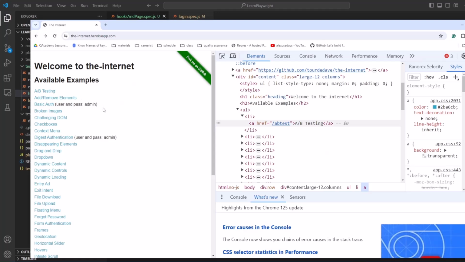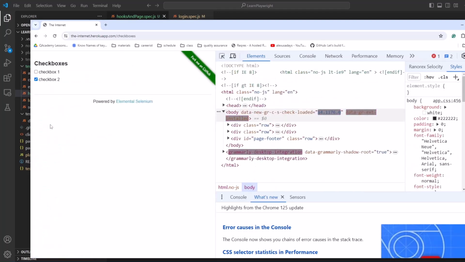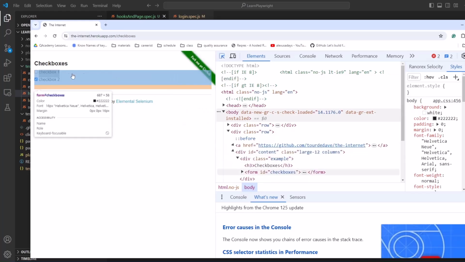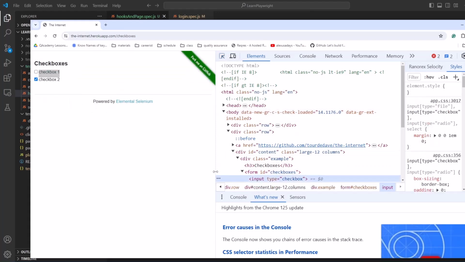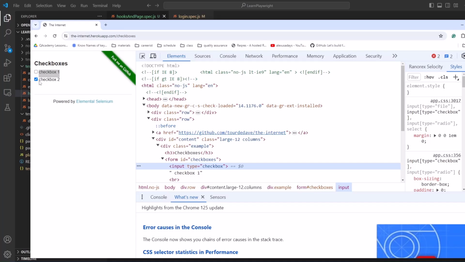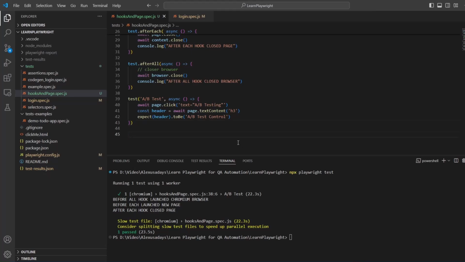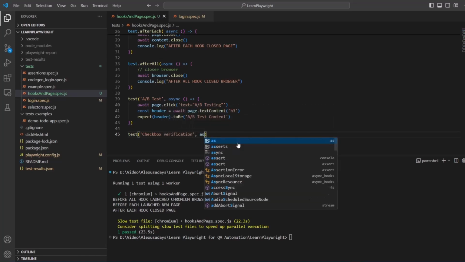So the next one, let's add. So we go back to the main page. We go to checkboxes, and we verify that the first checkbox is not checked. So checkbox 1 is not checked, right? The second one is checked by default. The first one is not checked by default. So we're going to do that. So test checkbox verification, async,